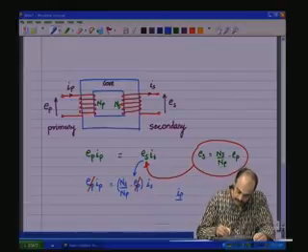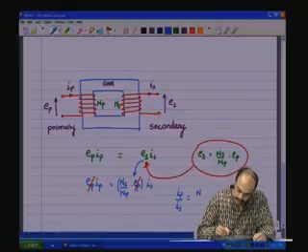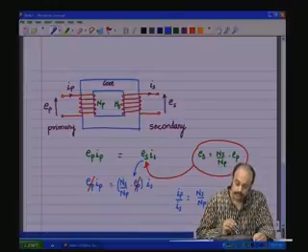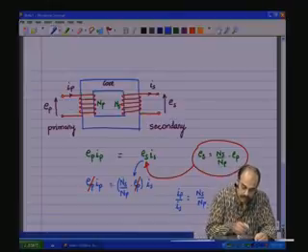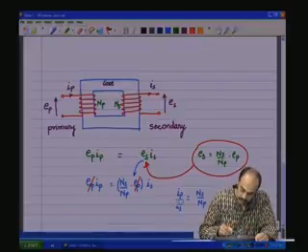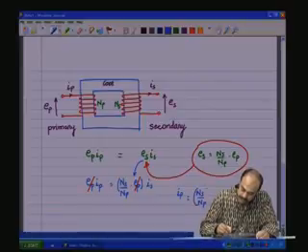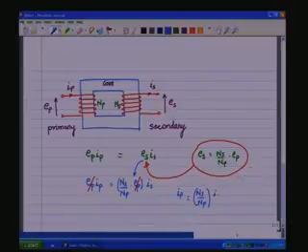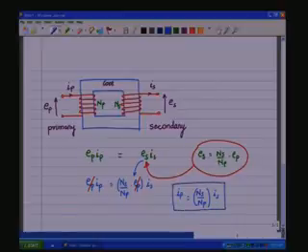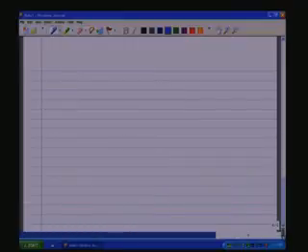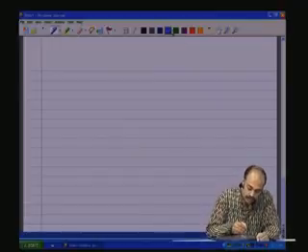Ip by Is, which is equal to Ns by Np, or Ip is just equal to Ns by Np into Is. This is the other relation, that is the relation for the other variable, the kinetic variable. So, summarizing, we have these two important relationships,